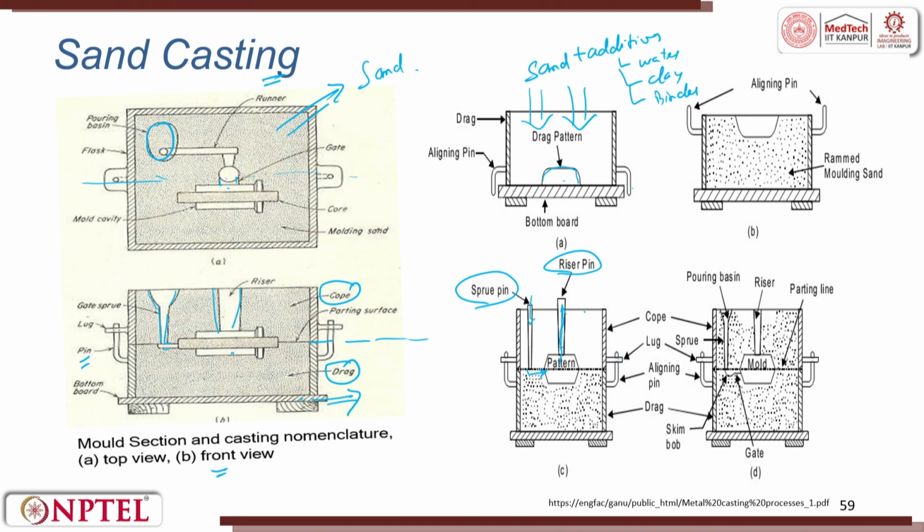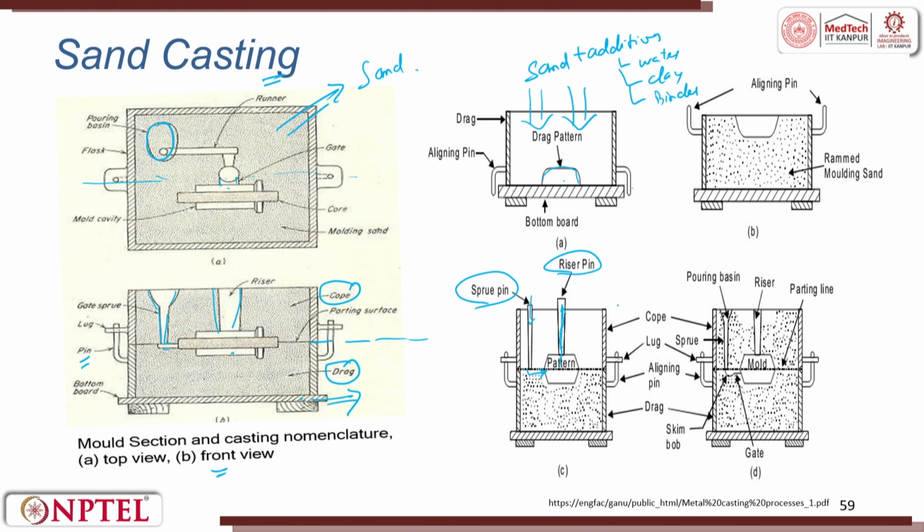Now you can see here the aligned pin, which is attached to a lug. So, it is locked, sand is poured, pattern is kept, and on top of the pattern you keep the riser and the sprue. The sprue and riser design pins can be made out of wood, or they can be made even out of thermocol, right. You pour it and then it goes, it is possible. You can pour it and then you can have the sprue,